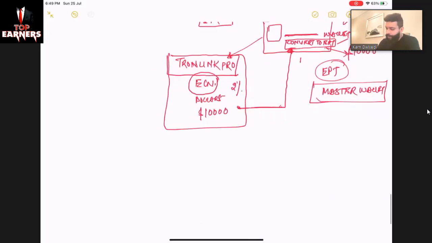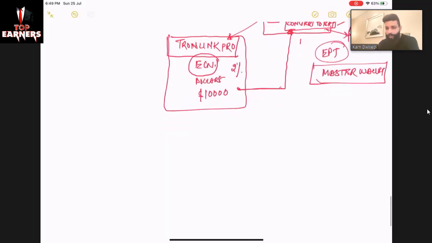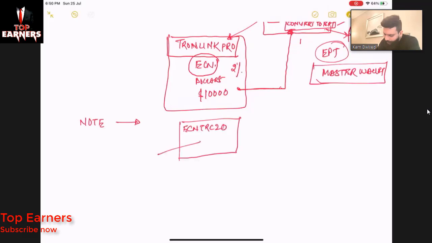Thank you. Also, you can lower down your hand. Also, one more note. Suppose you deposited ECN without activating the wallet.